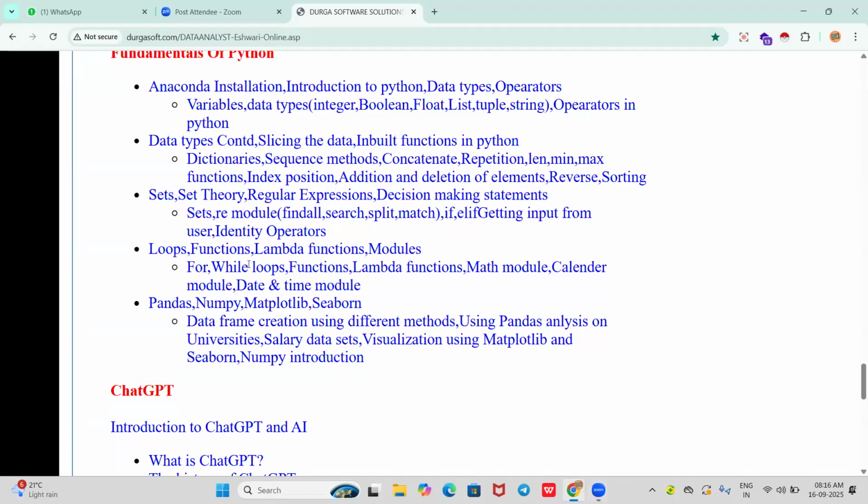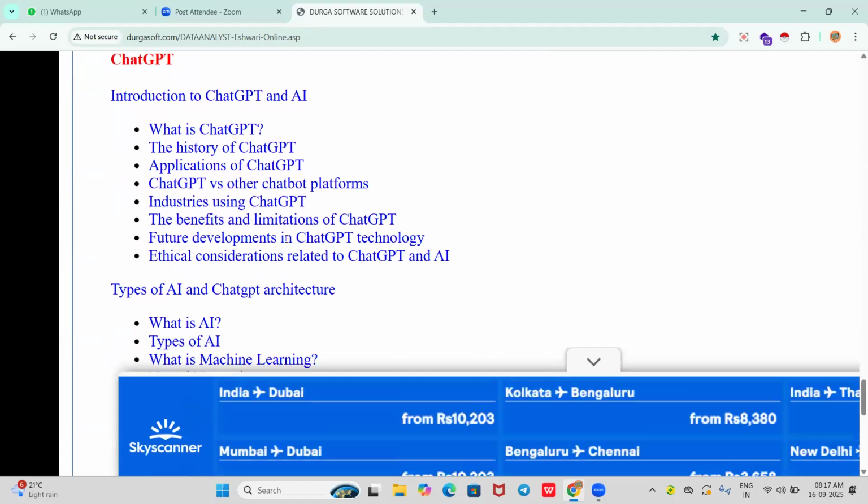Over here, the pandas library, numpy library, matplotlib, seaborn, and what looping functions we have to follow. Lambda functions are very important, and why do we use them? These are all very important things in the fundamentals of Python, right? Why are lambda functions important here? They help us trigger actions, and also help us create functions for the data cleaning process.